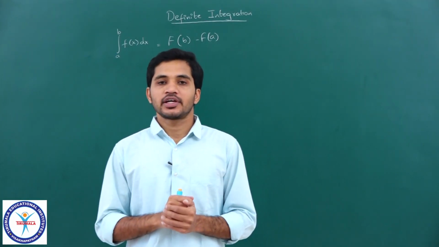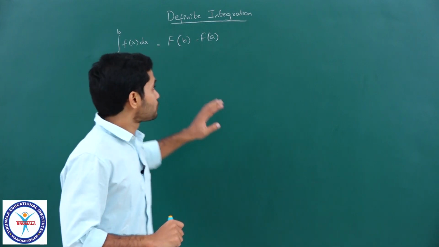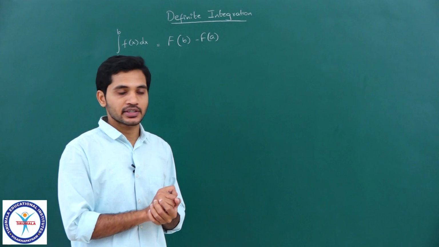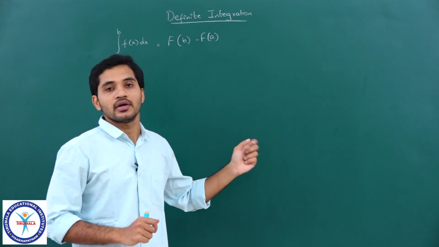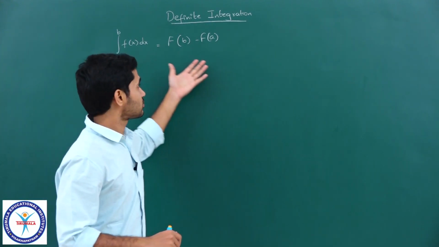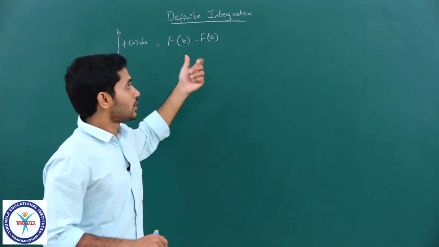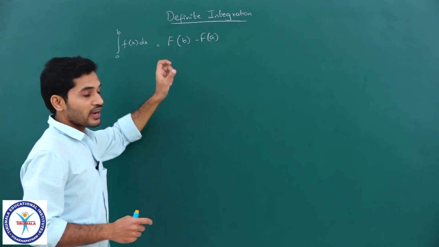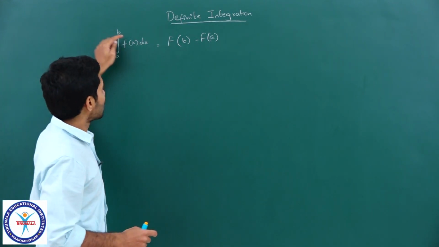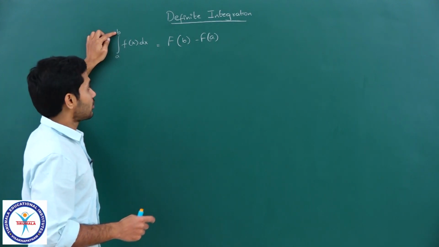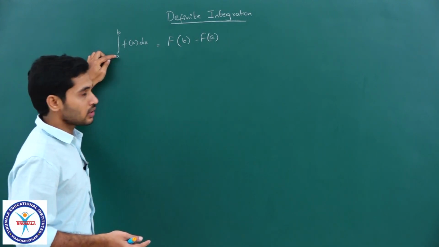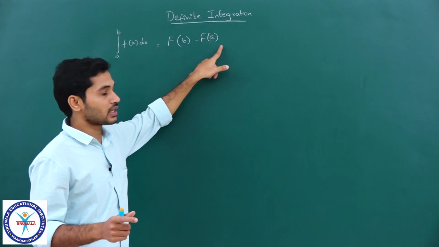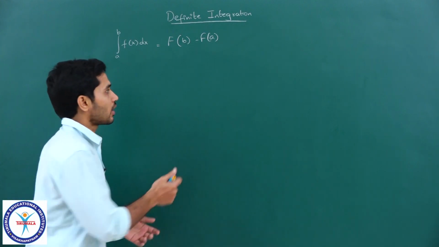Students, now we will discuss definite integration, right. So, definite integration is very simple. Once we understand indefinite integration, if I am able to find the antiderivative, then like I told you earlier, definite integration is a very simple process. What we have to do is find the value of the antiderivative at the upper limit, find the value of the antiderivative at the lower limit, I mean the value of the function at b and at a, and subtract them. That is it, right.